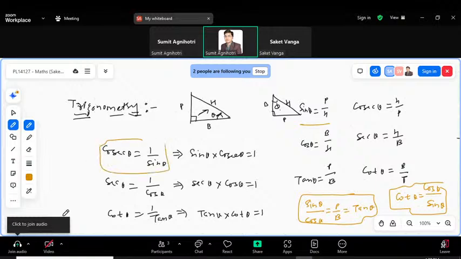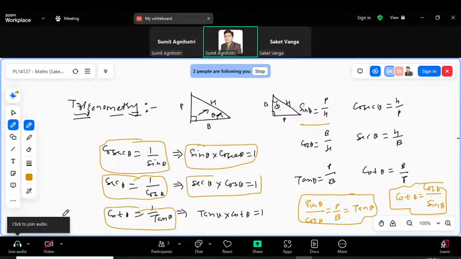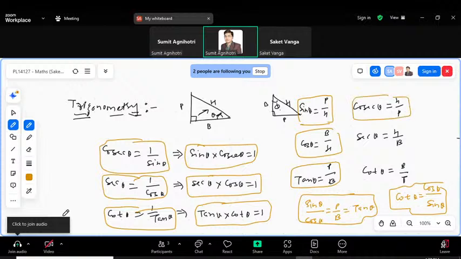But I am indicating to all of you that you need to quickly write or quickly recall. If you want to write, you can, otherwise you just recall. I think you have already written, Saket, am I right? Yeah. Okay, you need to just go through all of these that I have put in box. All these are important for you. If you want to take a screenshot, do it quickly, because this is the base of your